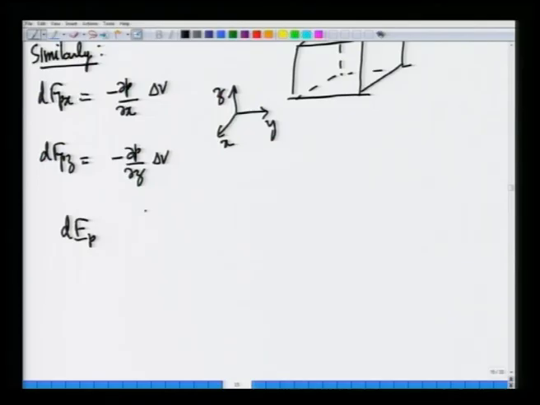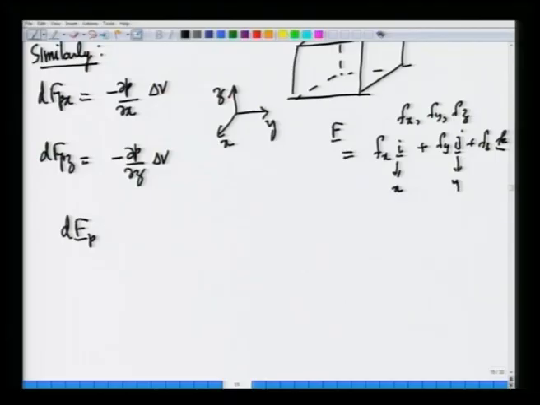If I have a vector f with three components fx, fy, fz, I can reconstruct this in the Cartesian coordinate system as fx times i plus fy times j plus fz times k, where i, j, k are the unit vectors in the x, y and z direction. So, dFp can be simply written as dFpx i plus dFpy j